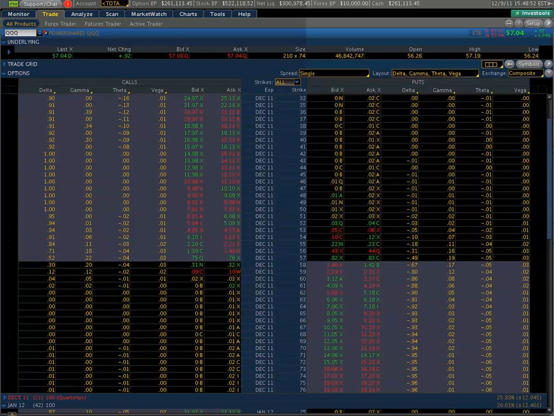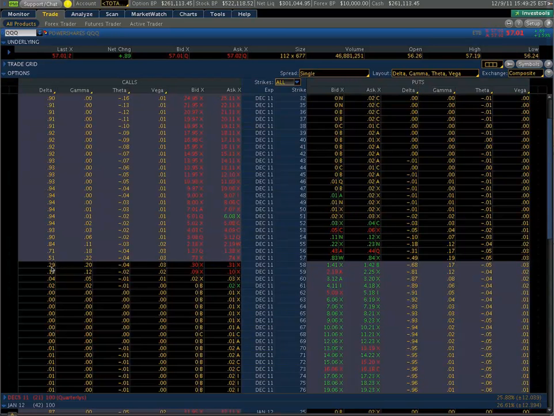Okay, I'm going to get into some specific examples and show you how options react based on the underlying changes of the ETF that we're looking at, in this case the QQQs. But before I do that, I just want to point out one additional thing that affects the price of an option. The delta, as I mentioned, affects the price of an option based on the movement of the ETF that we're studying. I mentioned that the December 11, the 58 strike price calls here have a delta of 0.29,